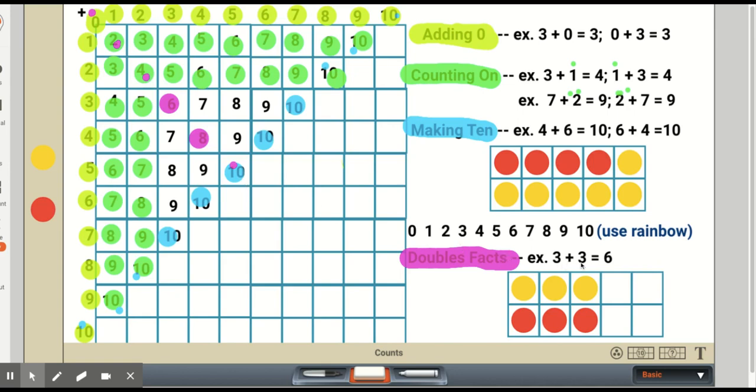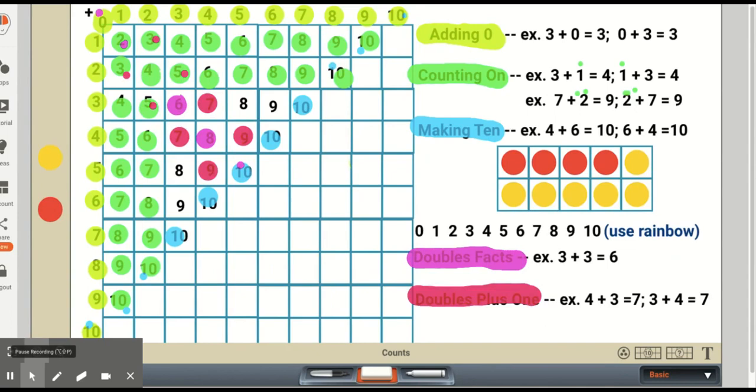And for the example here, 3 plus 3 equals 6. And there's no turnaround fact because obviously when I take 3 plus 3 and I turn it around, I will get the same 3 plus 3. And if a student needs a drawing or manipulative to think about this, there could be 3 yellow counters plus 3 red counters. If we put this into our 10 frame, we can see that we've filled up 6 frames in the 10 frame. So 3 plus 3 equals 6.